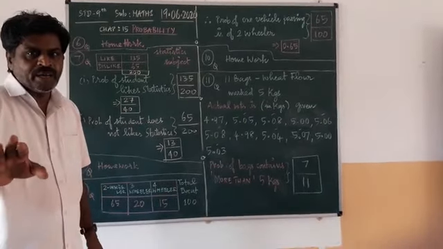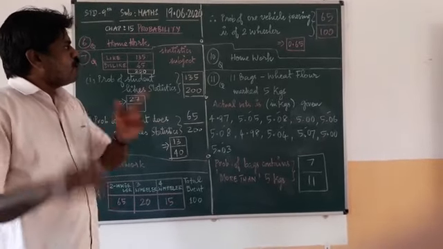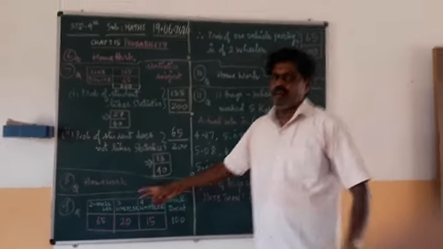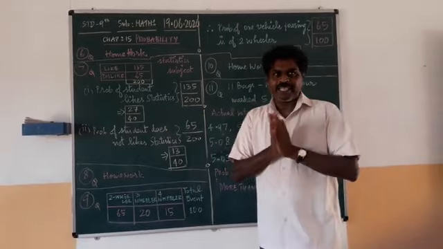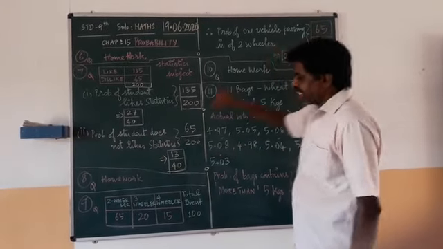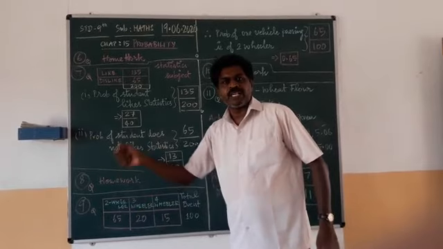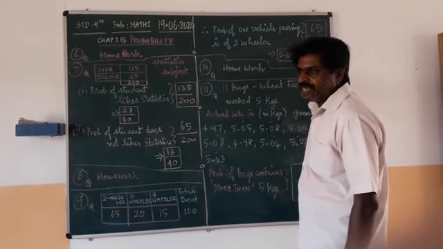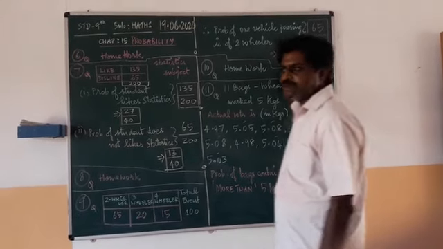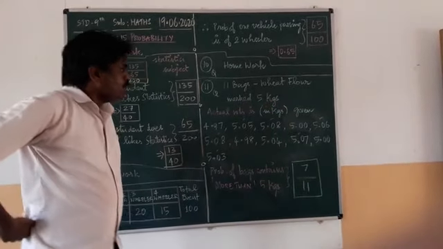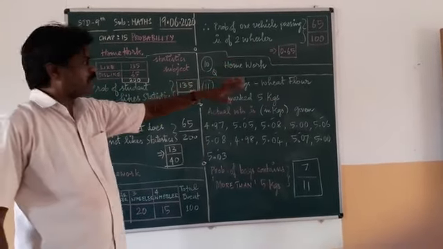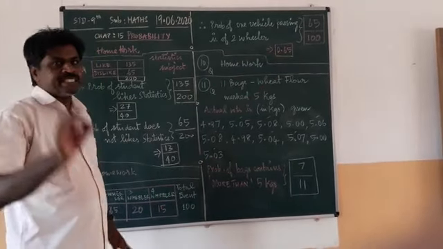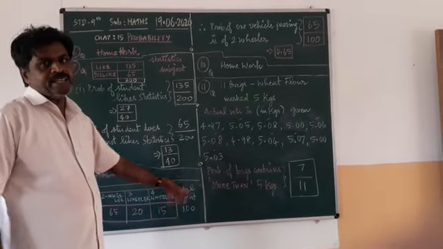What are they asking in the problem? Find the probability that a vehicle passing is a two-wheeler. That means, how many two-wheelers are passing? I have taken 65 as the two-wheelers crossing my gate, so 65 upon 100. Now, since it is upon 100, you can put the decimal: 0.65. So your ratio is 0.65. That is your 9th question, the activity about two-wheelers, three-wheelers and four-wheelers.